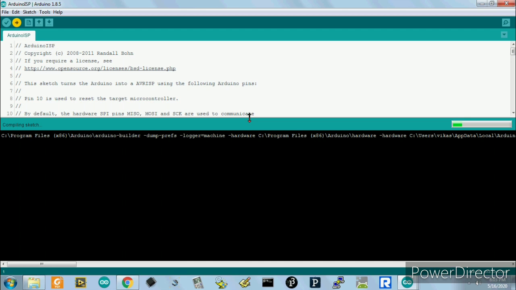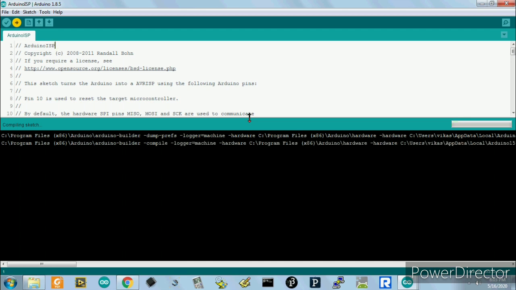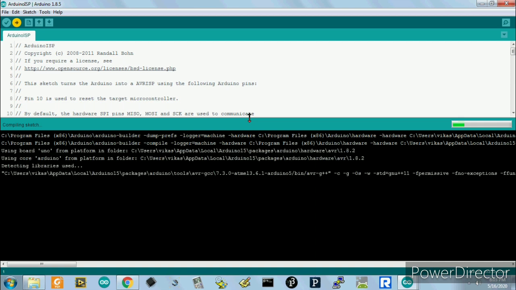Once it is bootloaded, just like programming any other Arduino board, we can simply replace the Atmega 328P with the Atmega 8 and program it, and then remove the IC and use it for our application. For every application we need not use an Arduino board.